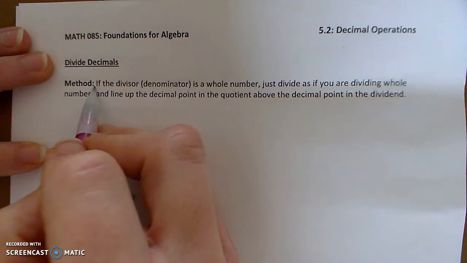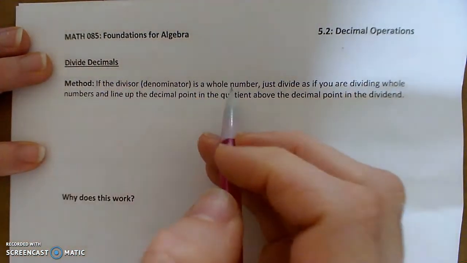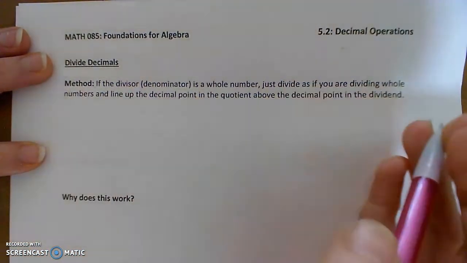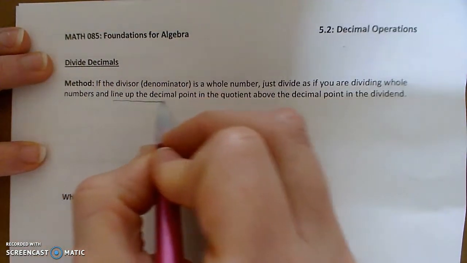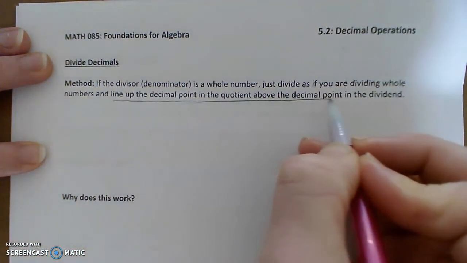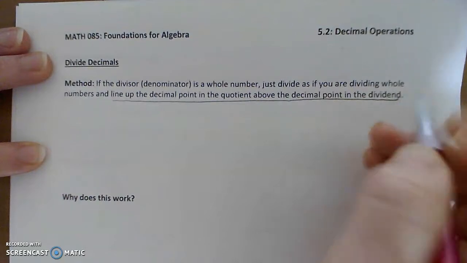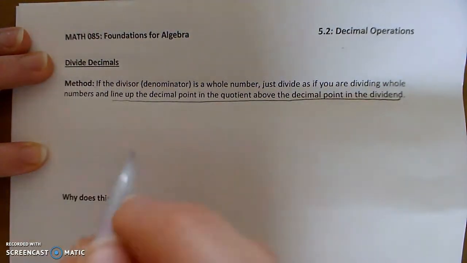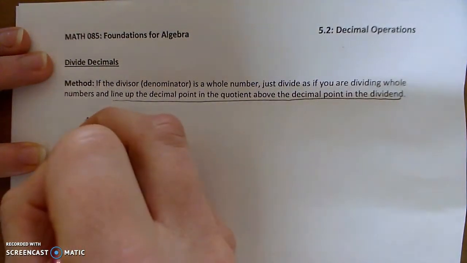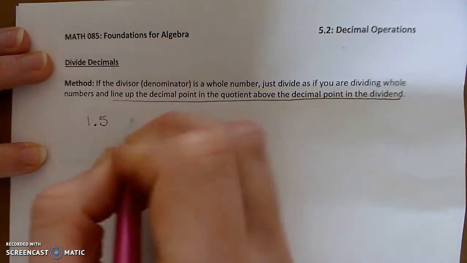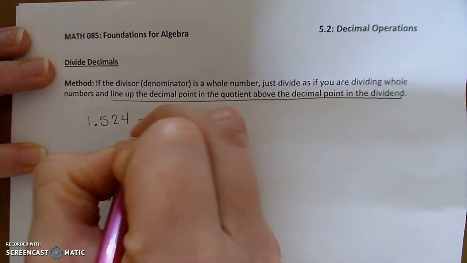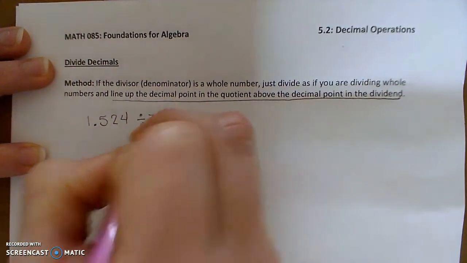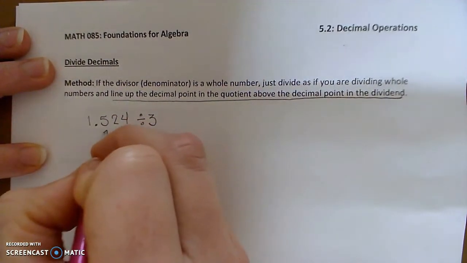Here is our method. If the divisor is a whole number, just divide as if you're dividing whole numbers. And then we just have to be sure to line up the decimal point in the quotient above the decimal point in the dividend. So here is how that works. So maybe if I had something like 1.524 divided by 3, for example. So notice this is the dividend,